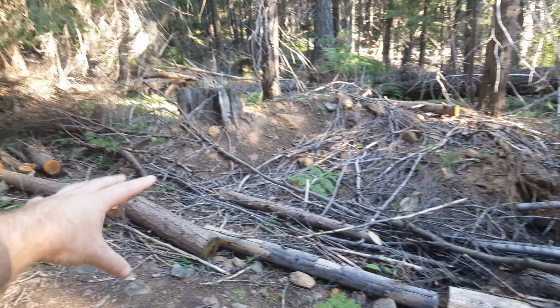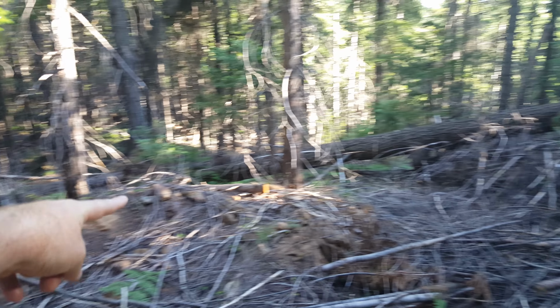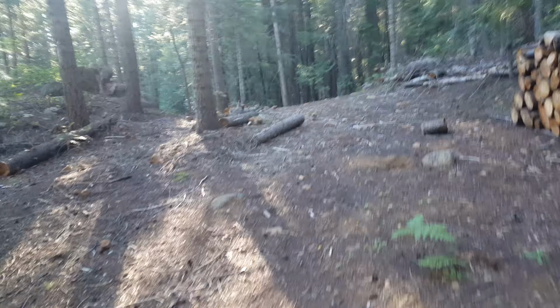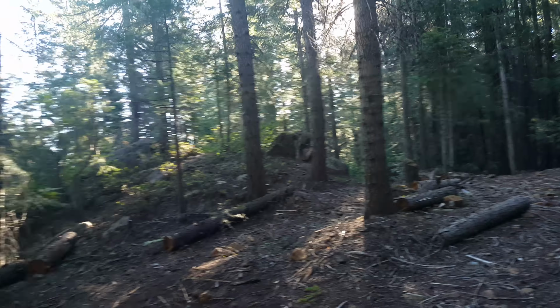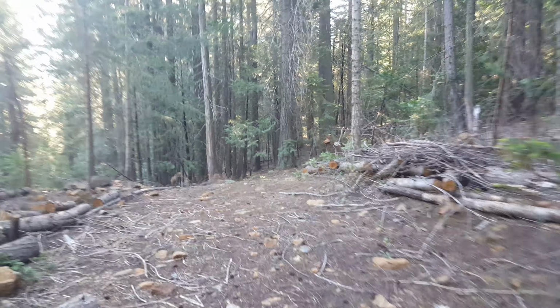So this stuff will be cleared. And probably the pad will push out to about where that stump is. And we'll probably just grade all this so it's nice and flat. So some of the fill from up top, from putting the road in, will probably come down here